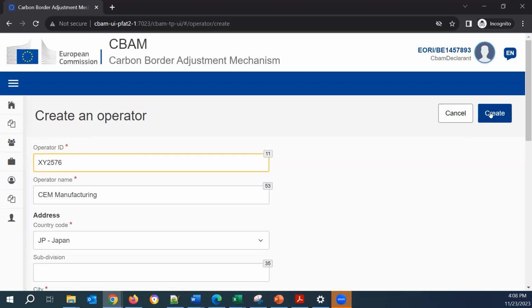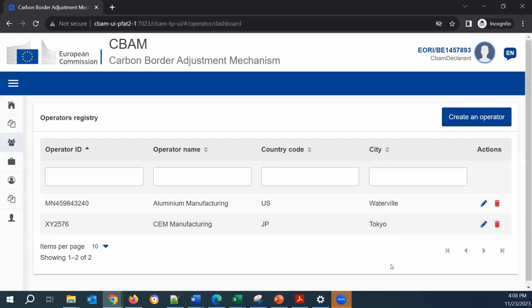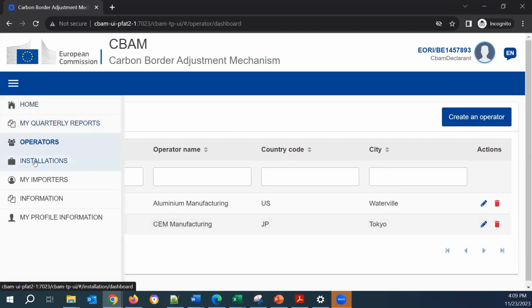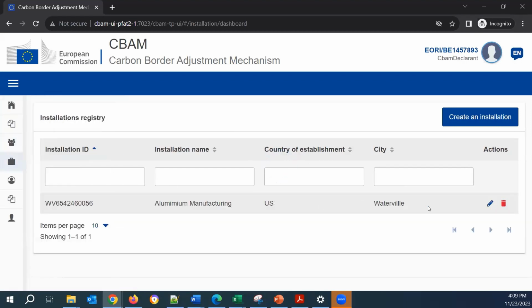I press the create button. And here we can see that my new operator is visible in the operators registry. Let's go to the installations registry to create my installation for the cement sector.